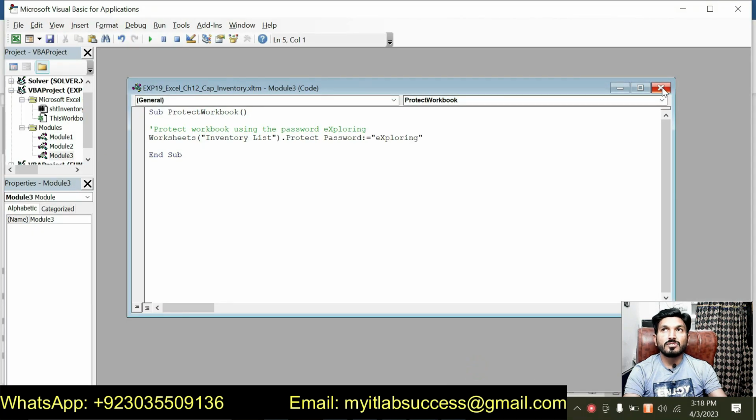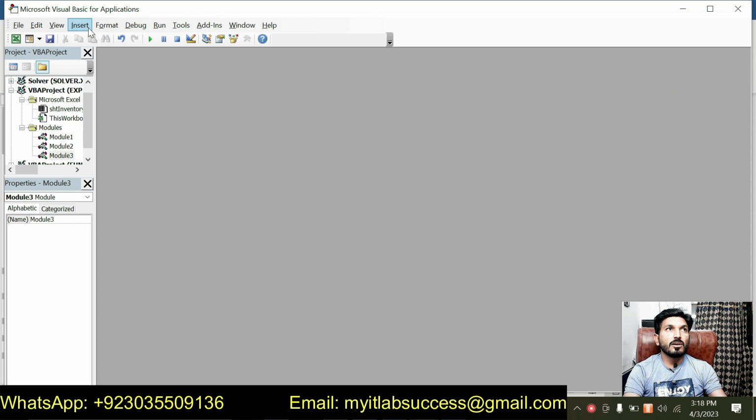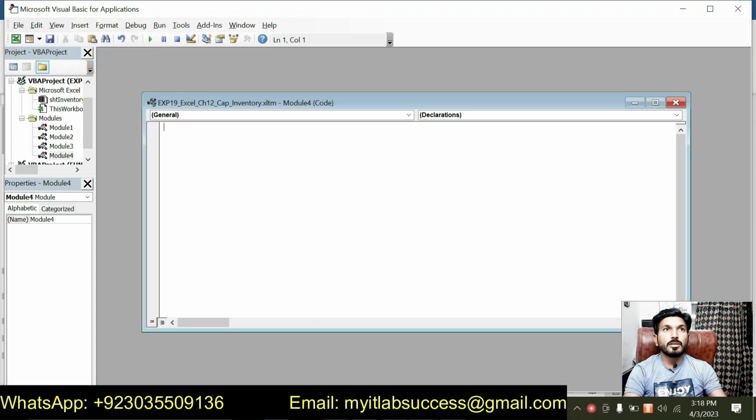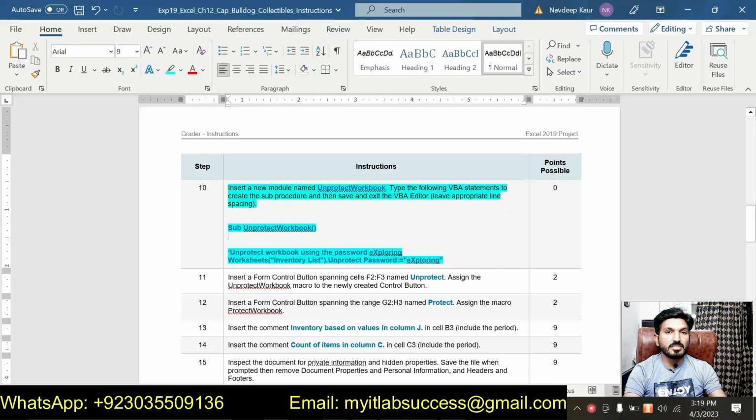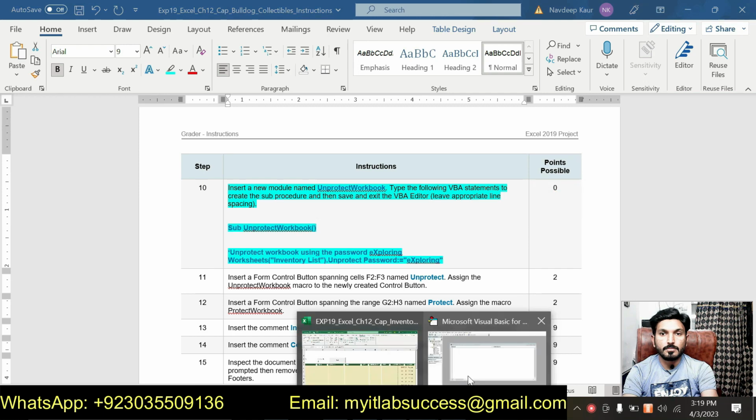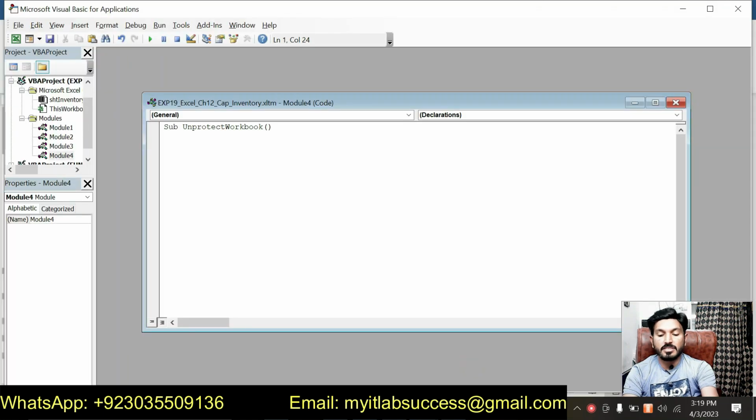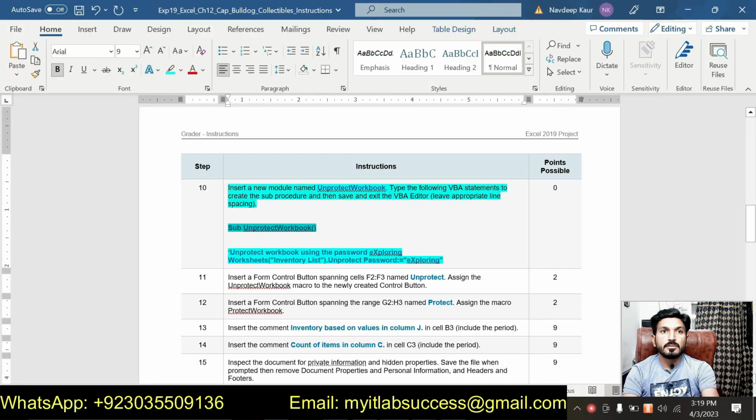So I will close this one and again click on the Insert tab and click on Module. A new module will be opened. So again I will start copying the code from the instruction file and I will be pasting it there. So copy this first line, paste it here, press enter. Then the third line,